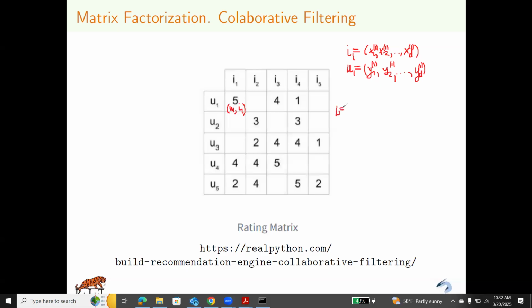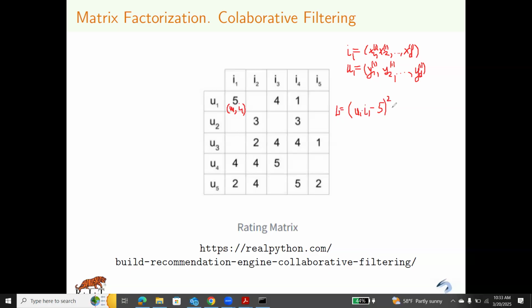Again, we don't have any labels. We have just data and we learn from data. That's why it's called self-supervised learning. In the loss function, this dot product is also called similarity. For example, the dot product between user 1 and item 1 minus 5, squared,